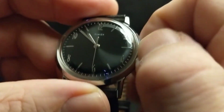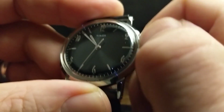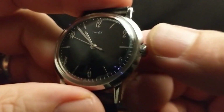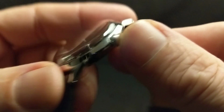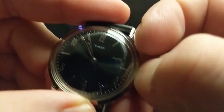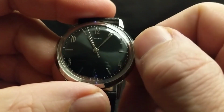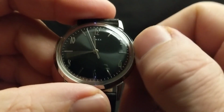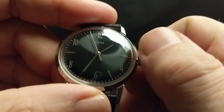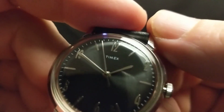So we'll wind this all the way up. We'll pop this crown out. I actually kind of like the way it's inset like that, even though it's not so friendly to wind it. Pop this out. And it feels great when you're setting it. And as you can see, it hacks,